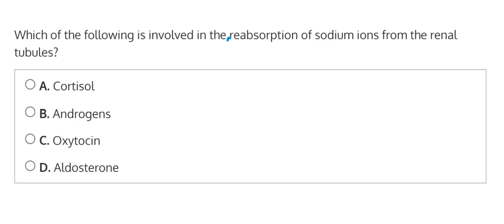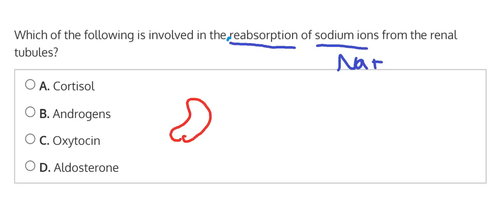Which of the following is involved in the reabsorption of sodium ions, or Na+, from the renal tubules? And what this is referring to in the renal tubules, you have your kidney, your nephron system that filters out urine. So you have your tubules here, that's what that's referring to. And then from there, it's determined which electrolytes should be reabsorbed back into the body or continuing on through the